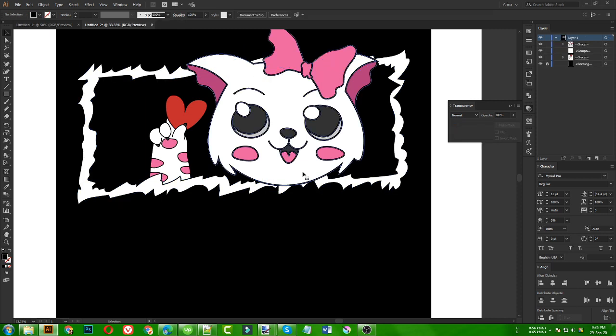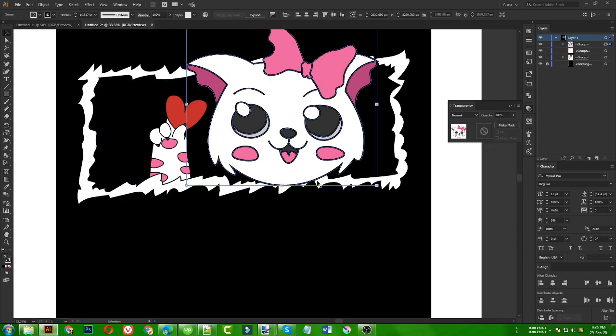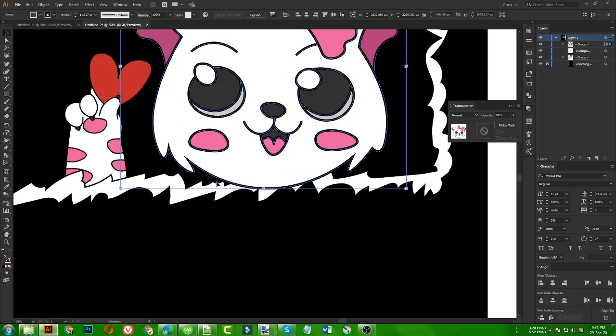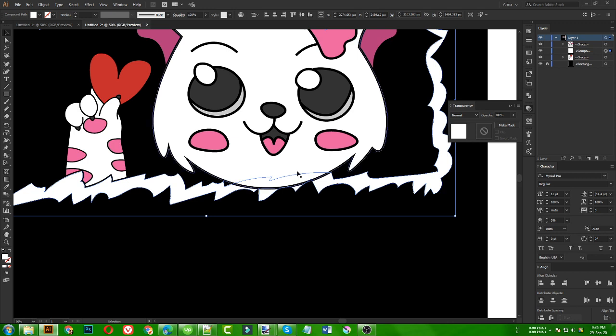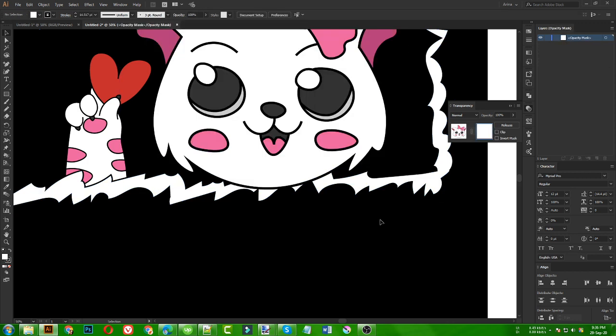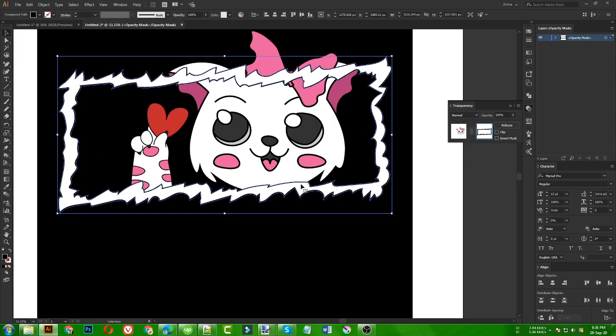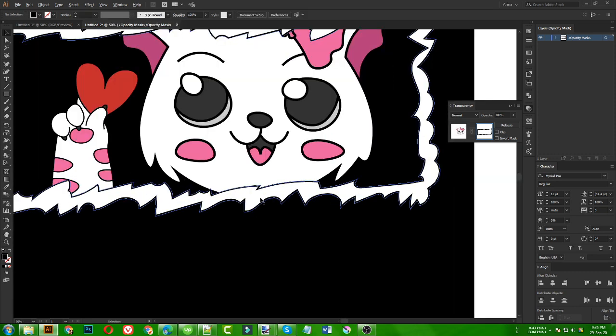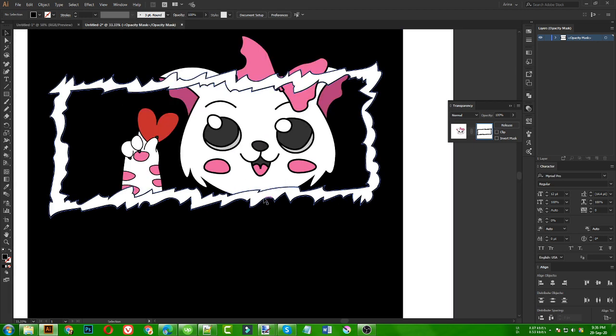Now I am selecting my head here, because this head part also should be behind this bar here. So I am going to select my head here, opening the transparency for it, then Ctrl F, that means it will paste in front. So as you can see, this is now looking good, and this head is looking like it is inside or behind this area, but this area I want to be behind my cat head.